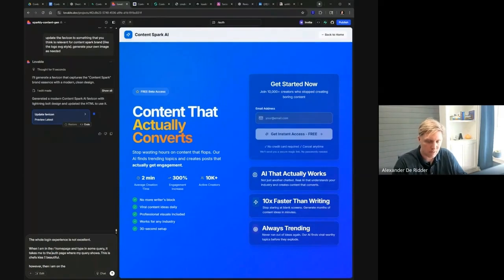It's important to be precise. Okay, however, when I'm on the auth page, entering my email, it just still works beautifully. However, when I hit access free,